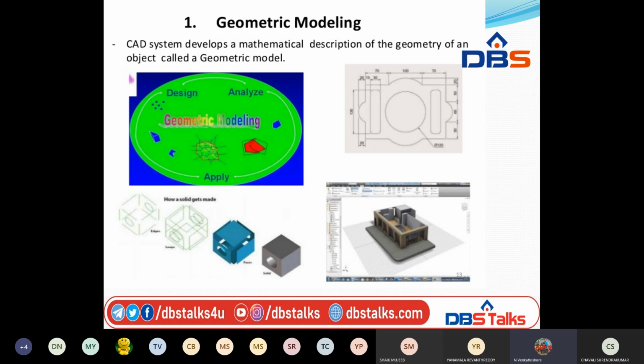The first one is the command to generate basic geometrical elements such as points, lines, circles. For any construction, any geometry, it has to start from a point. Again it has to go for a line, or otherwise for a circle or an ellipse, and so on.